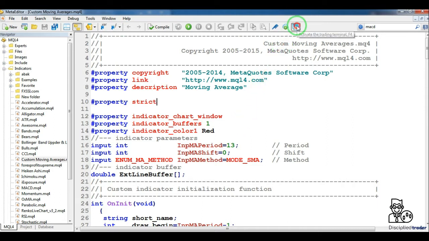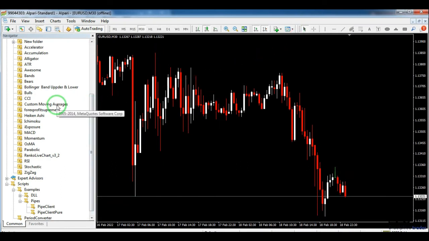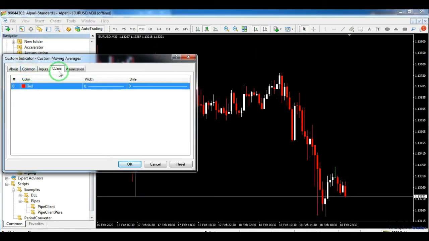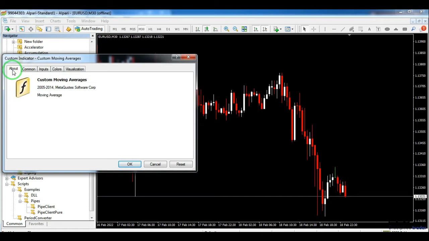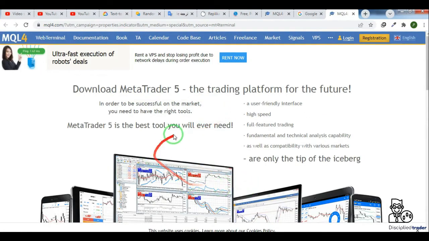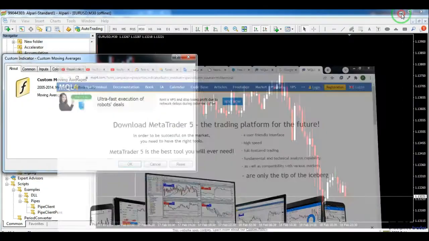I enter MetaTrader and click on the icon. If I double-click on the Custom Moving Averages indicator, the corresponding window opens, which consists of several tabs. The first tab is About, and this explanation has been given. In this line there is the name of the indicator. The next line identifies the person or company that is the author of this indicator. And when you hover the mouse over it, it is shown as a link. If you click on it, a page will open with a link to the company or person who wrote this indicator.